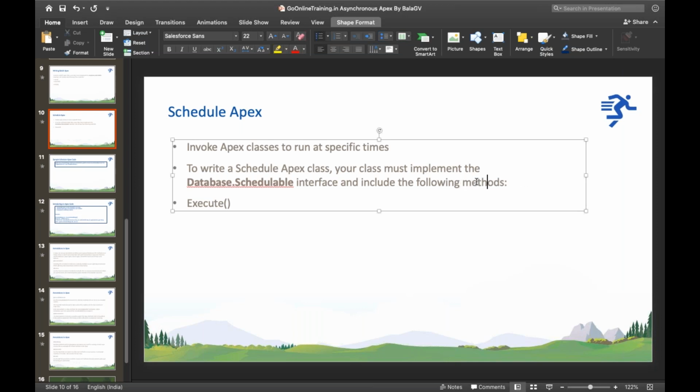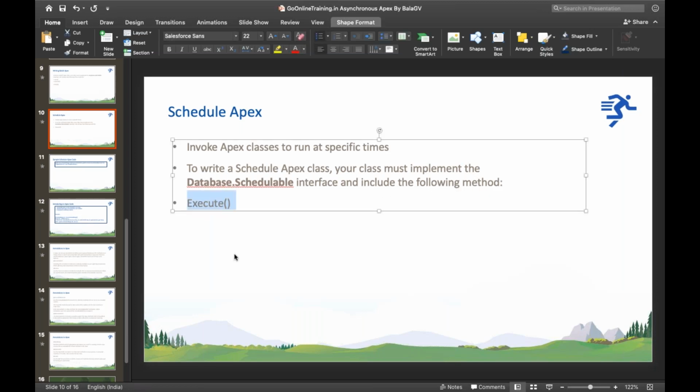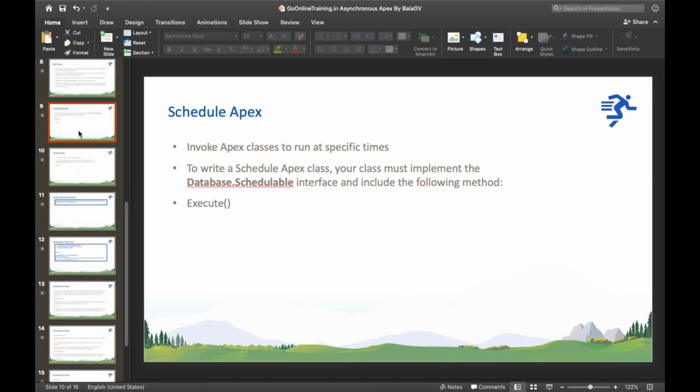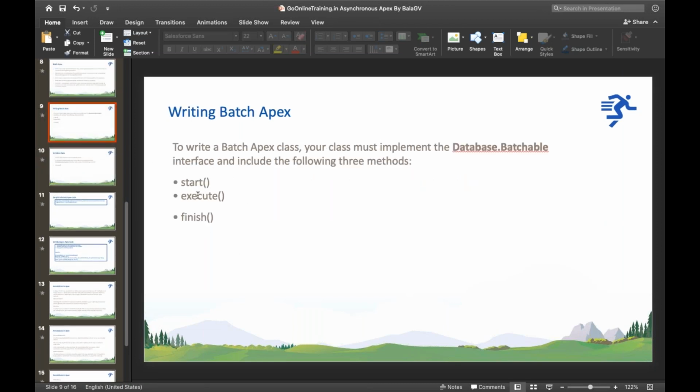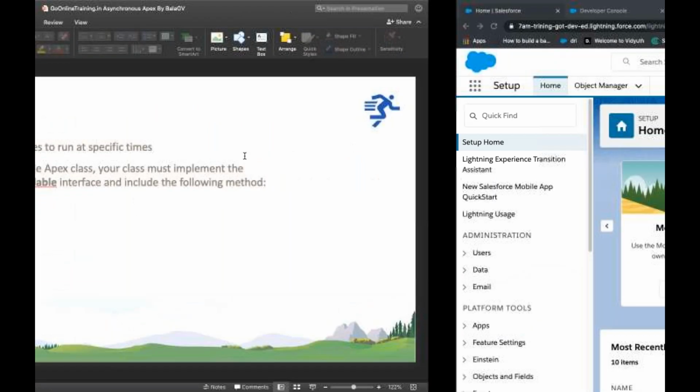I just copy pasted from the previous slide, that's why you see those errors. It includes only the execute method. If you remember, batch Apex has three methods: start, execute, and finish, right? But schedule Apex will have only one method, which is execute.